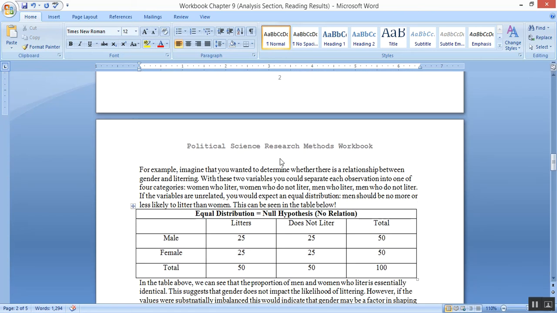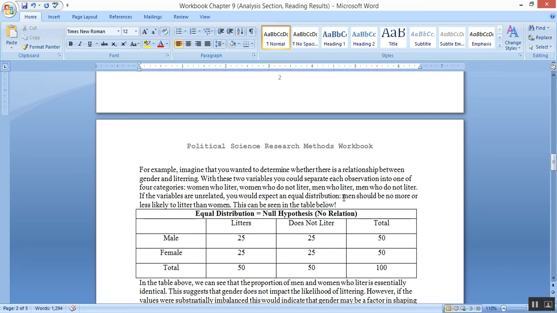Let me give you another example. Let's say that I am interested in determining whether there is a relationship between gender and littering. I think men are more likely to be litterbugs than ladies. I'm going to separate each of my observations into distinct categories based on those two variables. First, I'm going to separate my 100 observations into 50 men and 50 women. Then within each of those categories, the male category and the female category, I will further subdivide each individual into one of two categories: litters